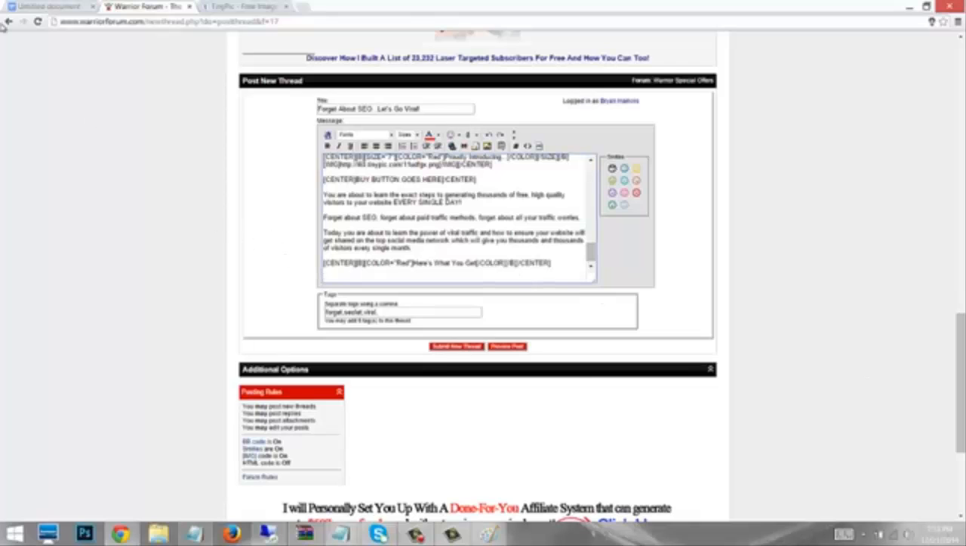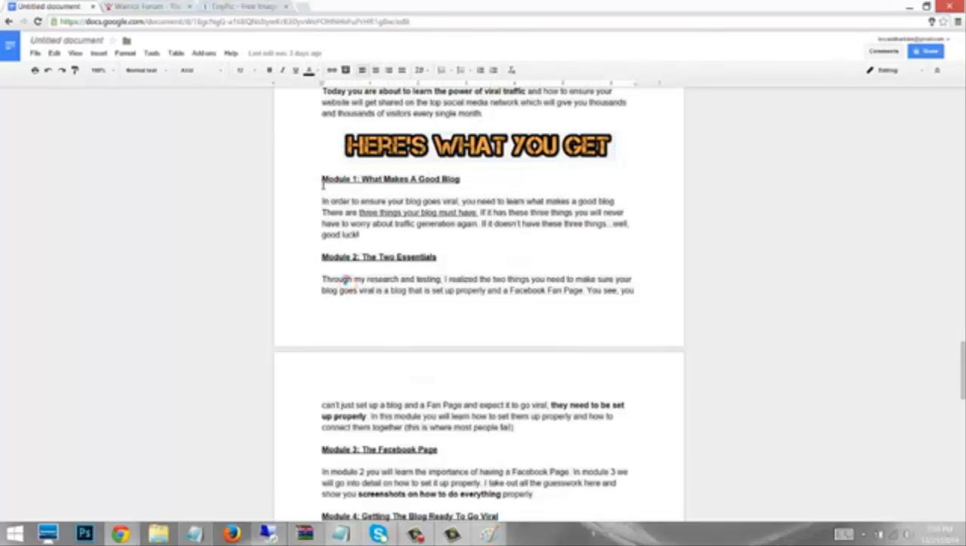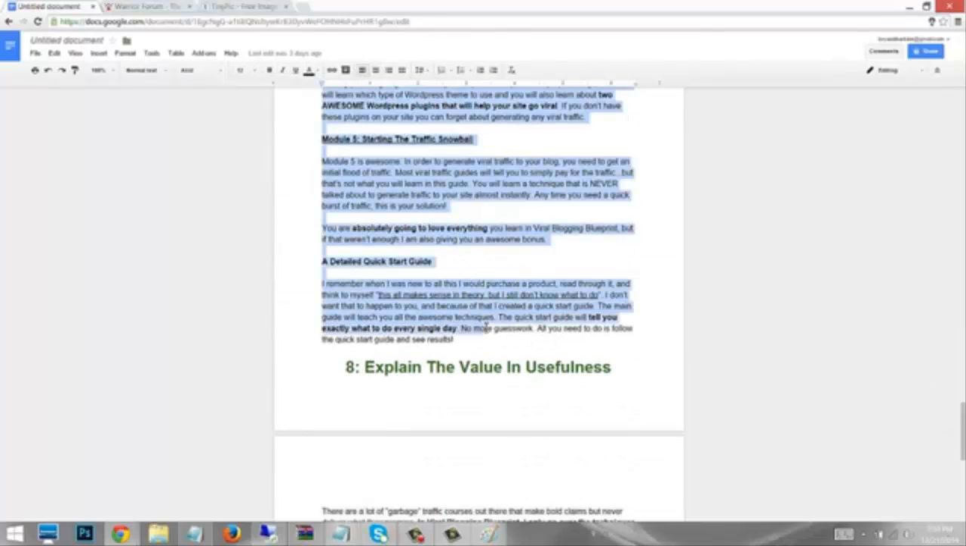So now that I wrote "here's what you get," centered it, bolded it, made it red. Actually, I think I forgot to change the font size. Okay, so let's go ahead and change the font size to font size 7. Once we get that done, head back over to our text over here, and just copy all this